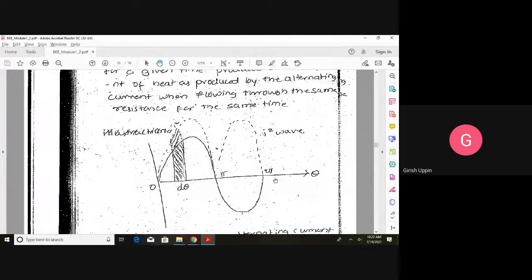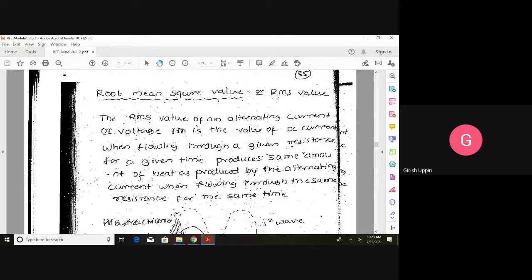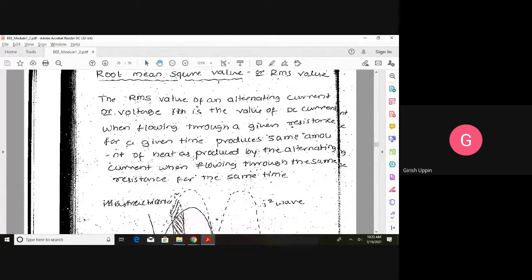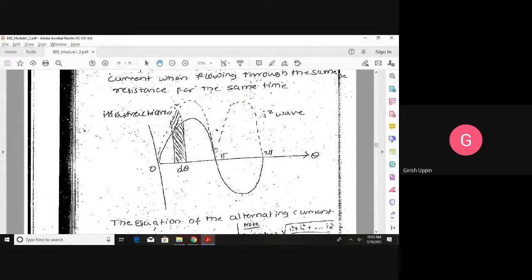So we know the definition, now we will do the derivation. What is the RMS value? RMS value is the root mean square value. So we are going to consider the square of all the instantaneous values. I'm going to square the zero value. Next, let us say 1 ampere; I'm going to square it, 1. 2 ampere, 2 square is 4. 3 amperes, 3 square is 9. This is Im square, and so on.